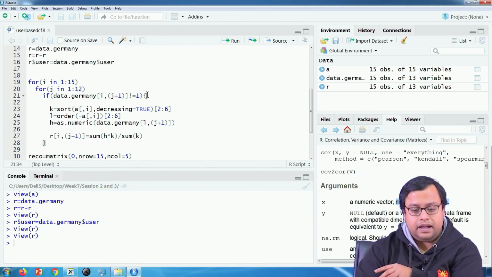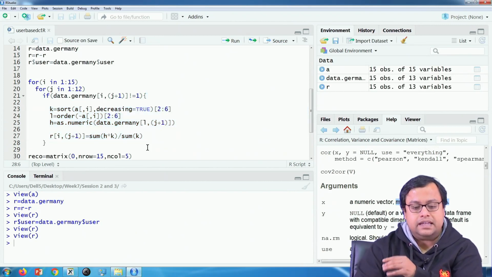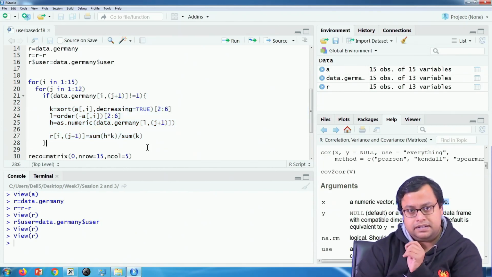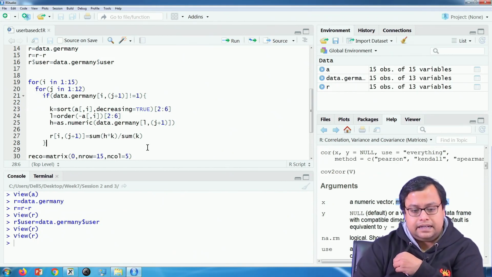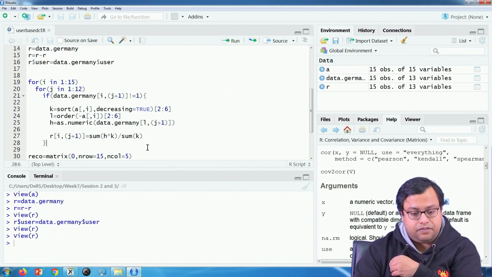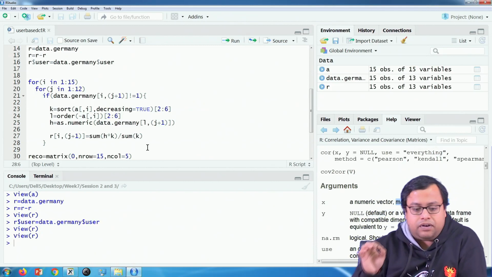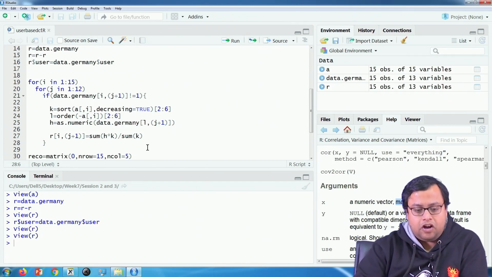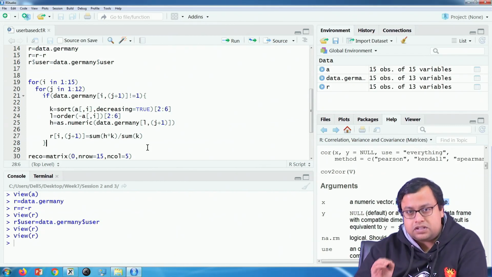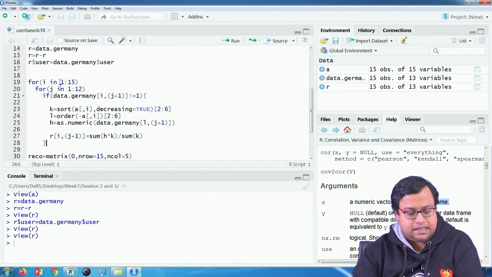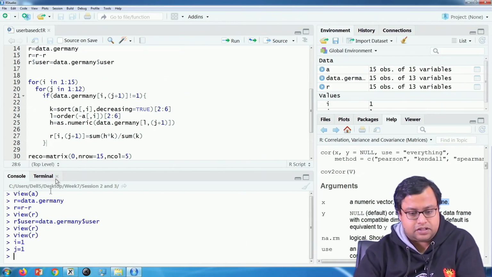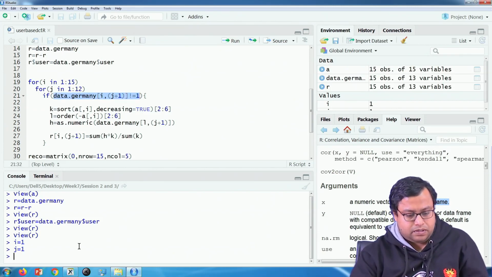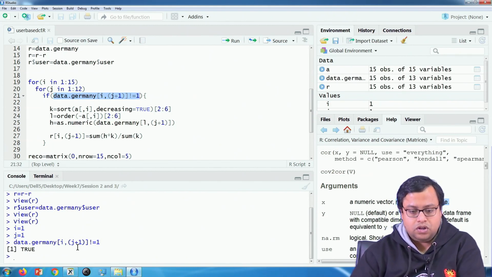What do I do? I find out what is the historical purchase data of the ith person. And then I see, okay, so carefully see. We see what is the purchase data of A, meaning the person who is closest to the ith person. So carefully see, let us say i is equal to 1 and j is equal to 1, I am just assuming. So then data.Germany, if it is 1 or 0, so this is true. So then that will not work.